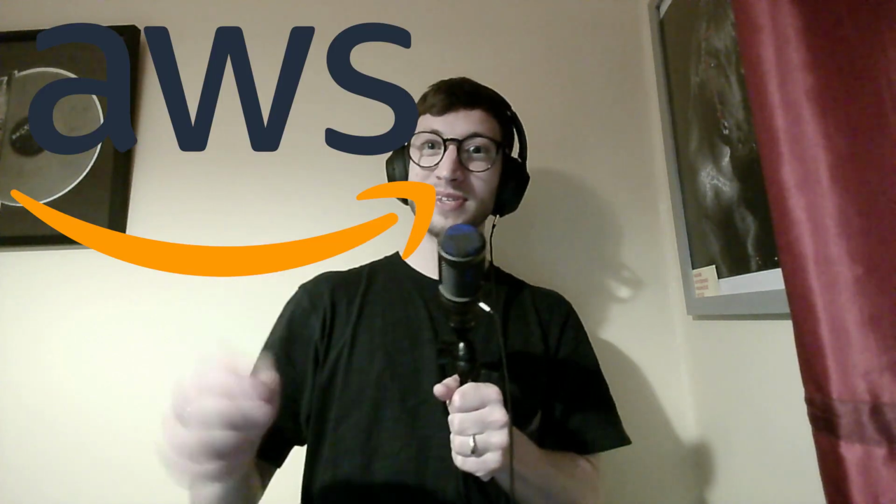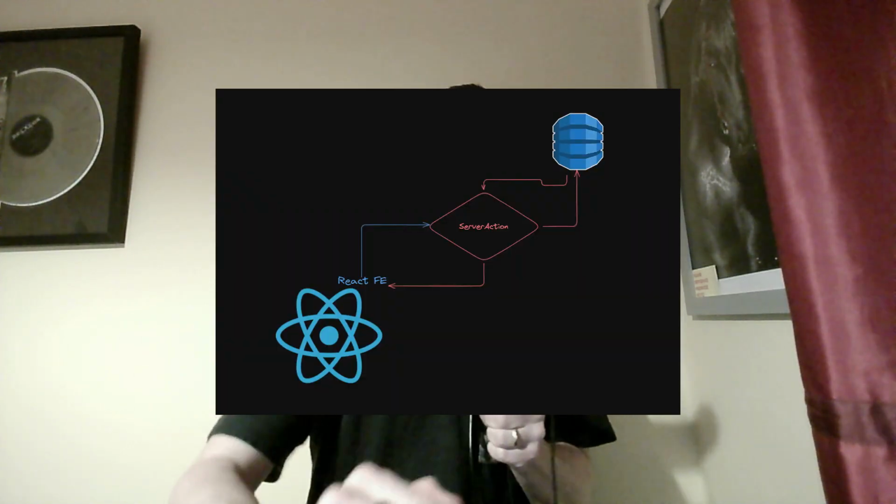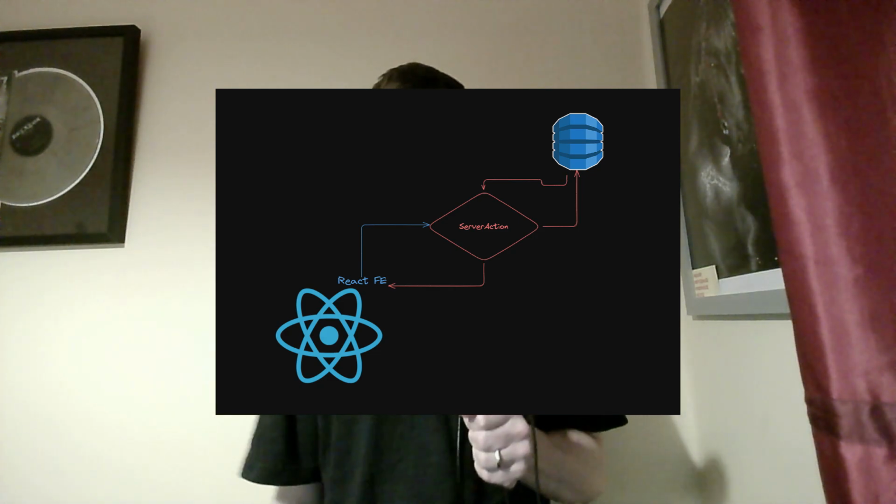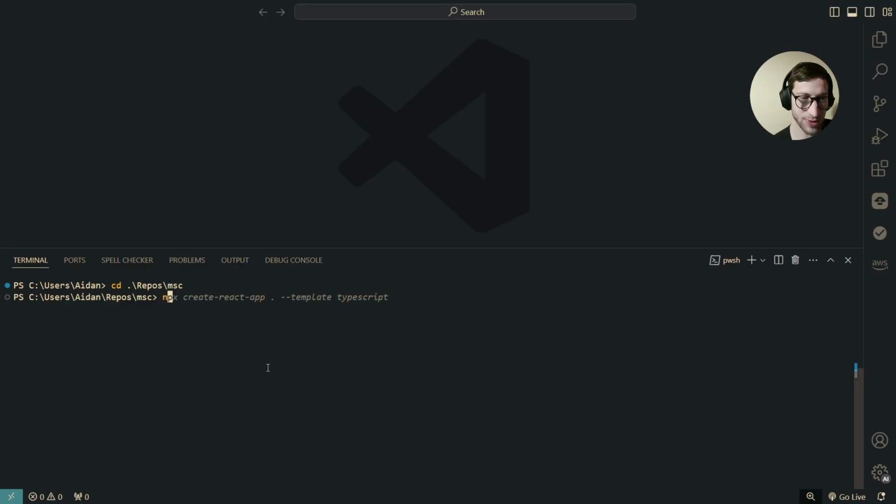Just to show you how effective this is for making backend changes, we're going to set up an AWS SDK project that will create a DynamoDB table for us, AWS's NoSQL database, and we're going to send that data through our front-end React form using a server action to upsert that data to our database. Let's get into it. Let's get started by creating a new project, npx create-react-app, and we're going to call it react-19-server-actions-yt